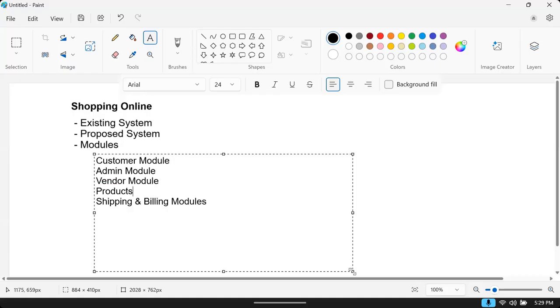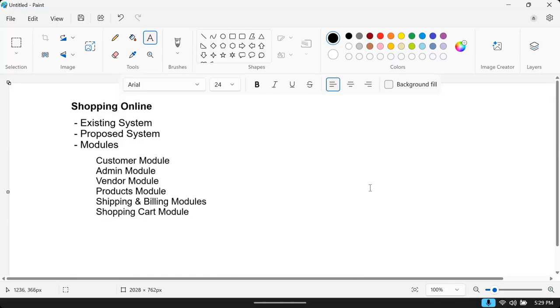Like this, we have different types of modules, right? What else? You can have a shopping cart module. Every application is built with several modules.